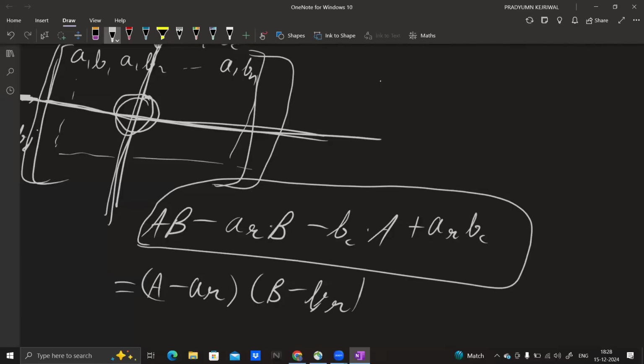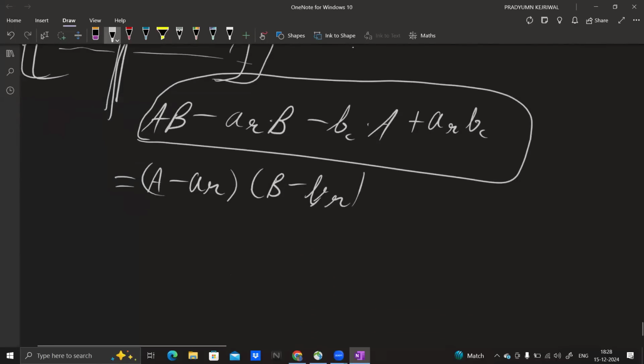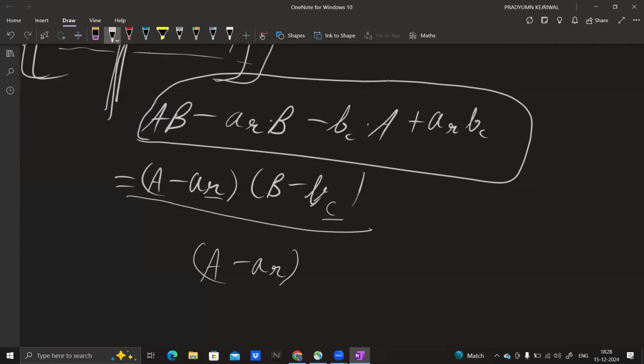Right? Like, does anyone, we can write this, sorry, B minus BC, I mean, we can write this as A minus AR into B minus BC, right? So this is the observation: if we choose the row R and a column C, then the new sum is A minus AR into B minus BC,